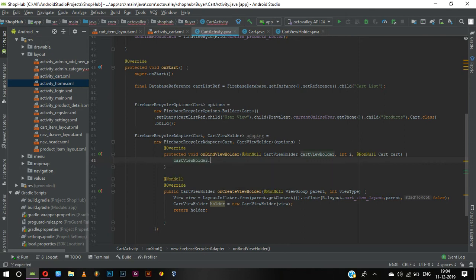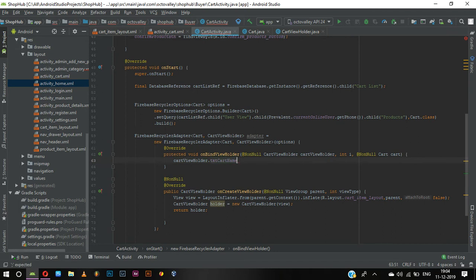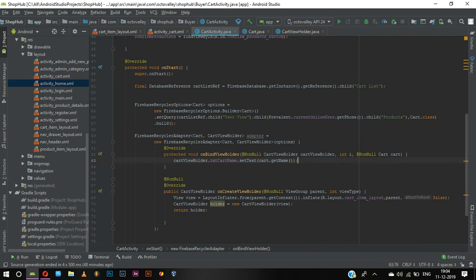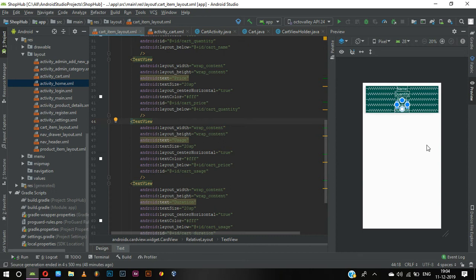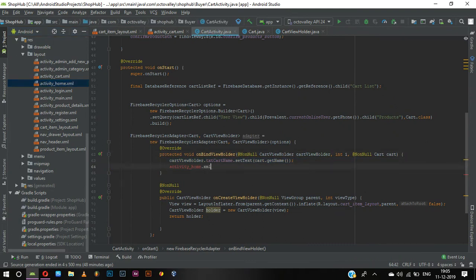Cart view holder dot text product cart name dot set text, and our text is cart dot get name, and we need to copy it five more times because we have five things right here, so we need to pass it five times where it is. It's here. Copy it and paste it. It's not this one. Copy it,